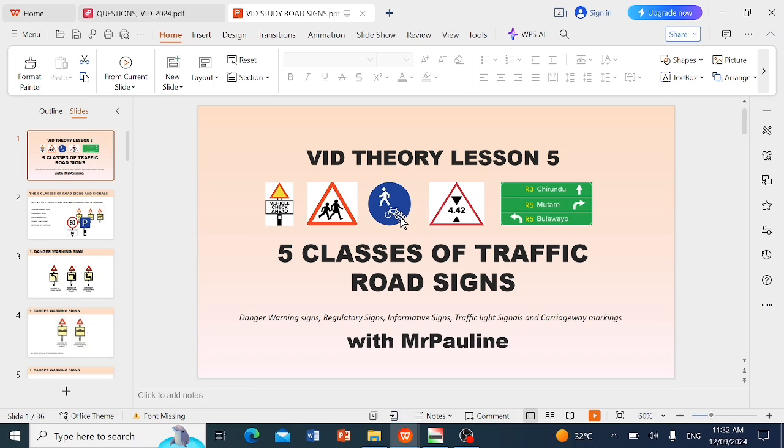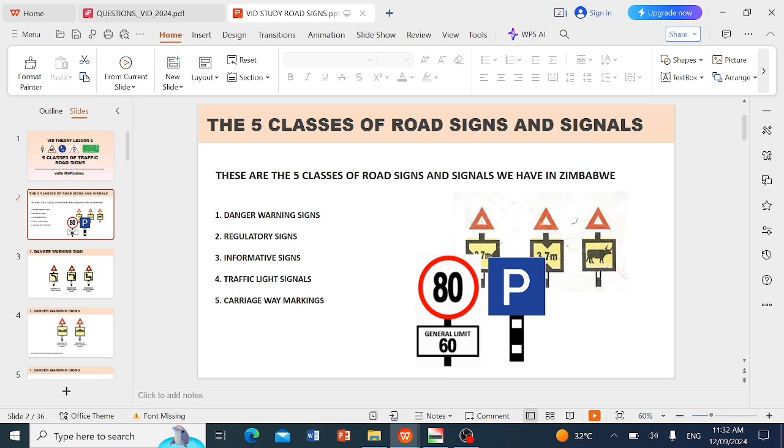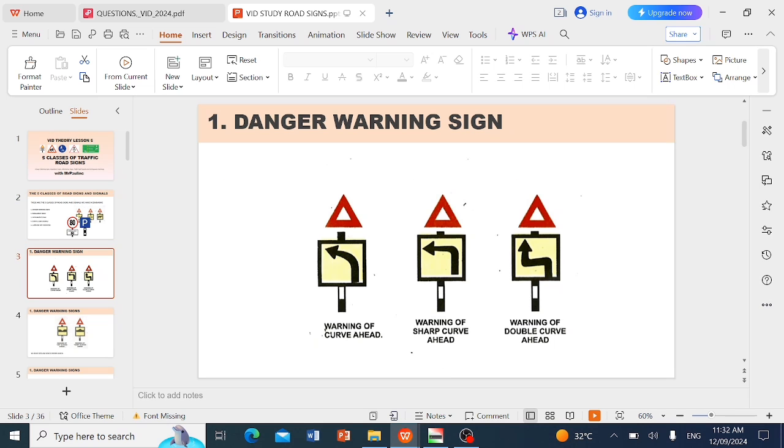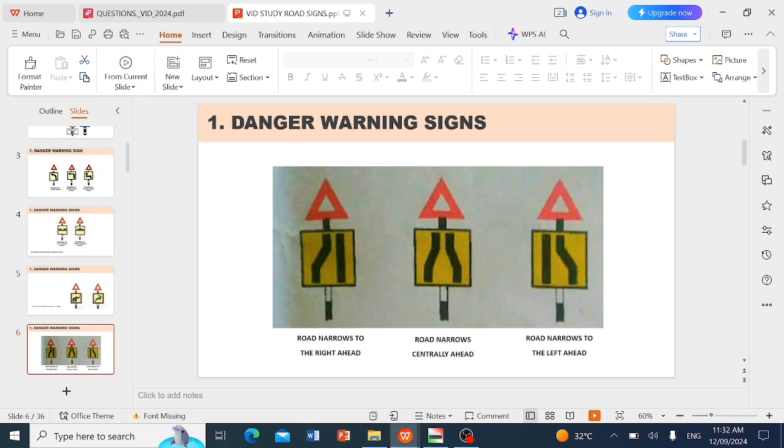Now we are still looking at the VID theory lesson 5, and here we have the 5 classes of road traffic signs that we have in Zimbabwe, and that is the danger warning sign, regulatory sign, informative sign, traffic light signals, and carriageway markings. Now in the first two parts of this course, we did the danger warning signs, and